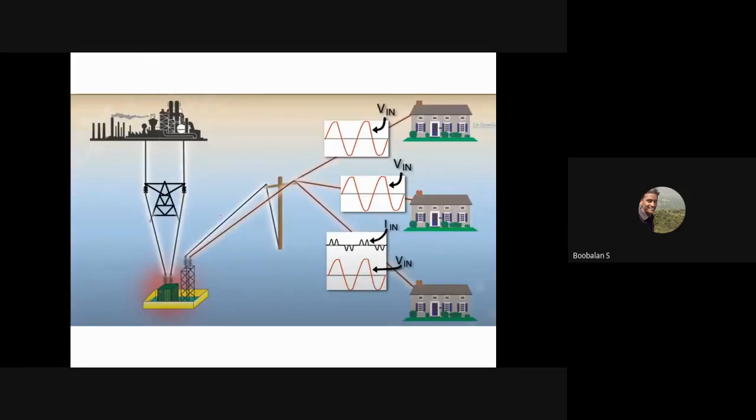We'll see one more example. So let us see here we are having a power plant, with a power generation system over here, and the generated electrical power is transmitted through my overhead transmission line, and we come to my substation. After that, distribution transformer, and finally we'll have applications. We'll have a residential application or industrial application or maybe a municipal application. So here only the harmonics is going to be generated.